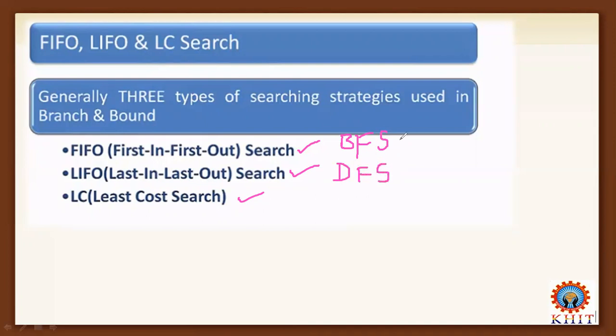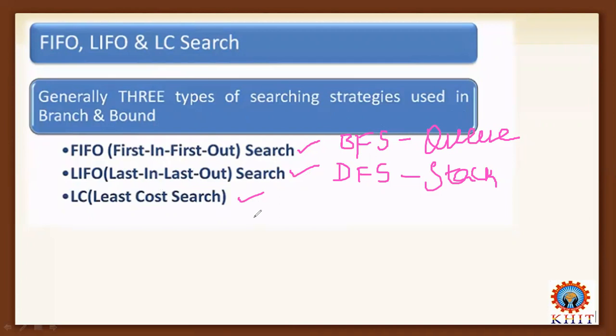And here we follow the principle of a queue, that is, it works on the principle of first in, first out. But in LIFO, we follow the principle of a stack. How a stack will work for adding or removing nodes from the given tree. And the last one is the least cost searching technique.